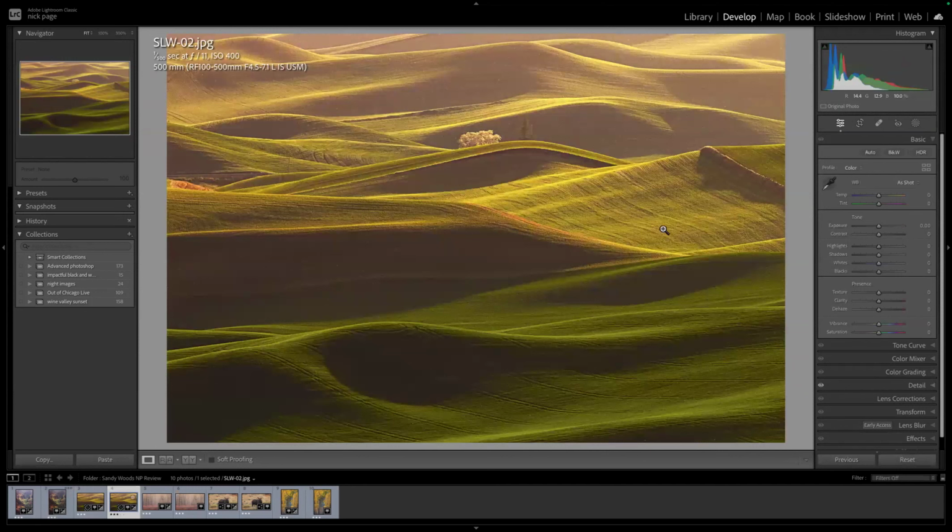So the Palouse image, to me, feels very much like a wash of one color because it doesn't have that color temperature or color balance that I talk about, where you have contrasting colors. And so one of the ways that I often edit these Palouse images is I will start